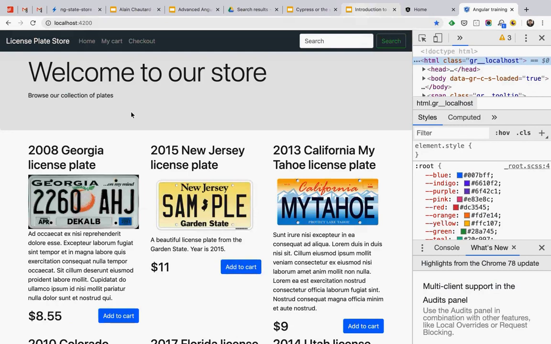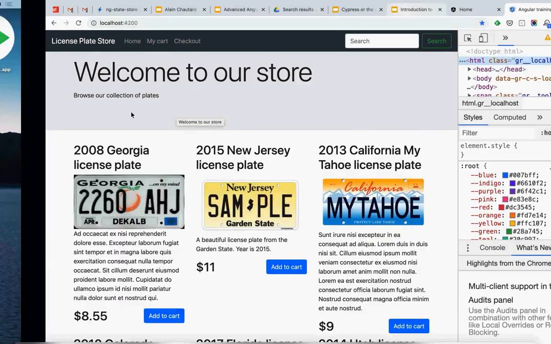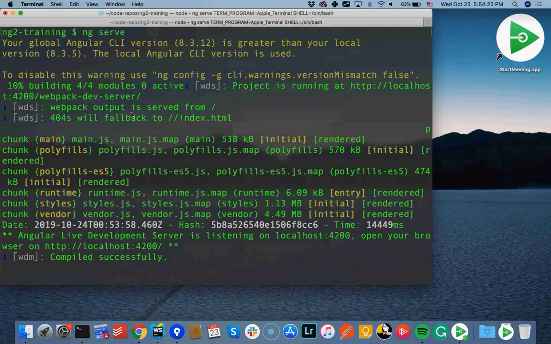The nice thing about it is that now that my ng serve is running here, it's watching my files constantly. So if I go and change my code and just save my changes, this is going to see, oh, you changed the code, I'm just going to recompile the small portion that you changed, and then push that to the browser and refresh the browser. So when you go back to your browser, the change is already there.